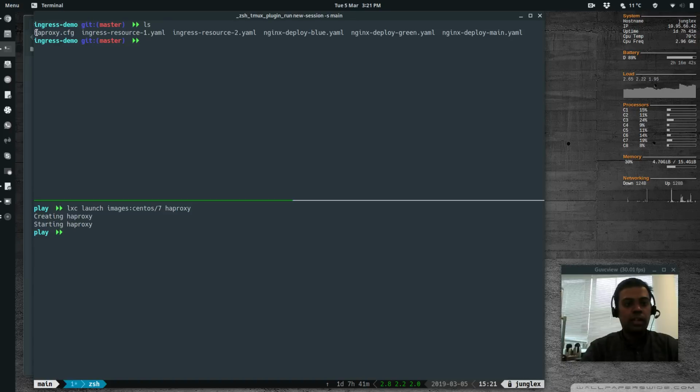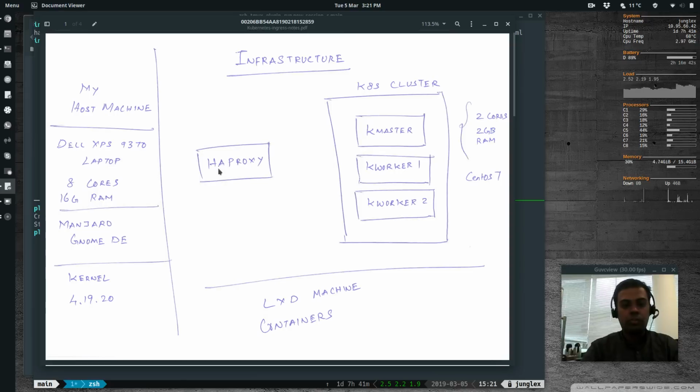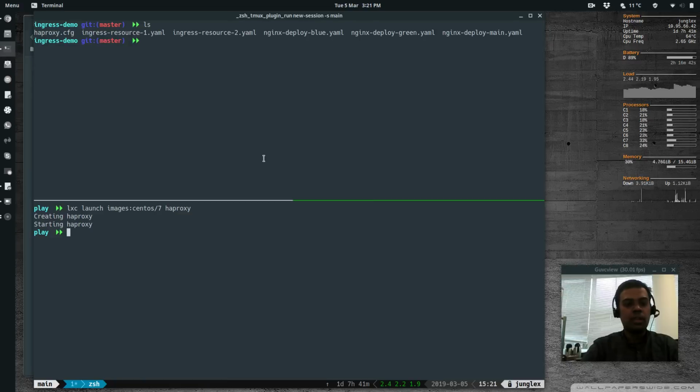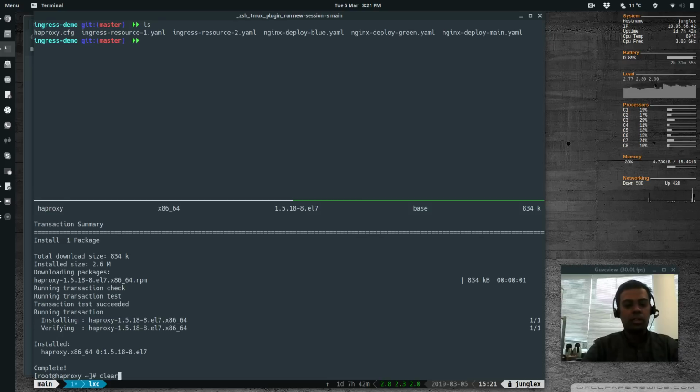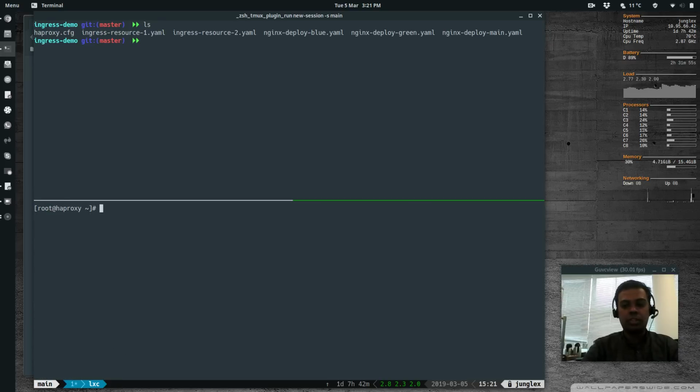The first thing I'm going to look at is the HAProxy configuration. So let me log into the HAProxy virtual machine that I created. So I'm going to configure the HAProxy to load balance between kworker1 and kworker2. lxc exec haproxy bash. Okay, cat /etc/redhat-release. As you can see, it's a CentOS 7.6 machine. The first thing I'm going to do is yum install haproxy. Alright, HAProxy is installed. The next thing I'm going to do is edit the HAProxy's configuration file. vi /etc/haproxy/